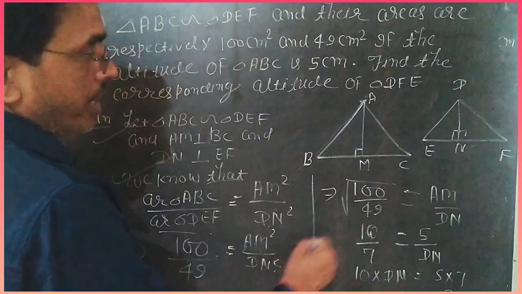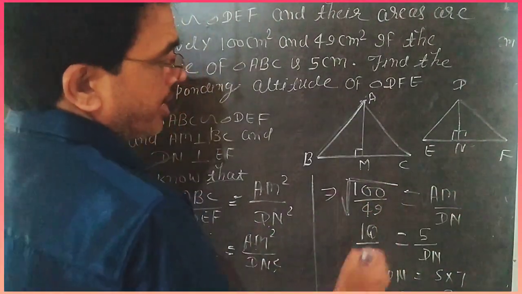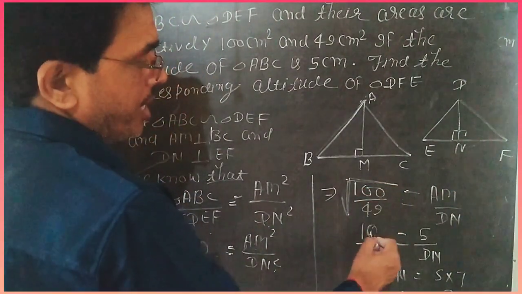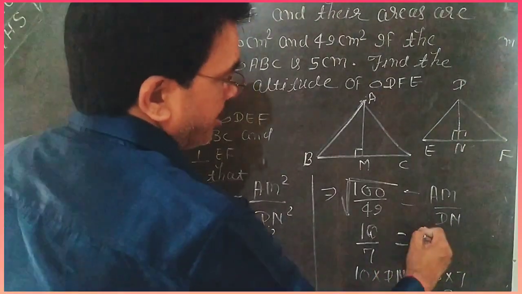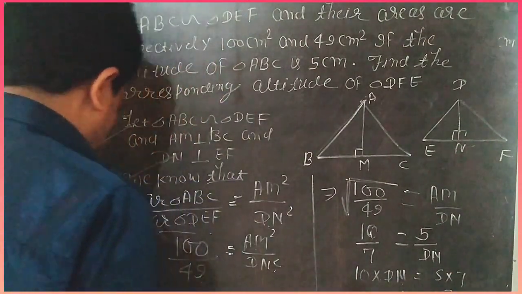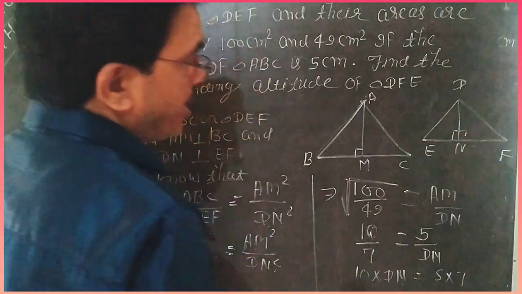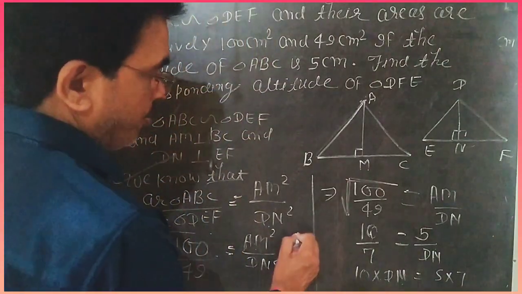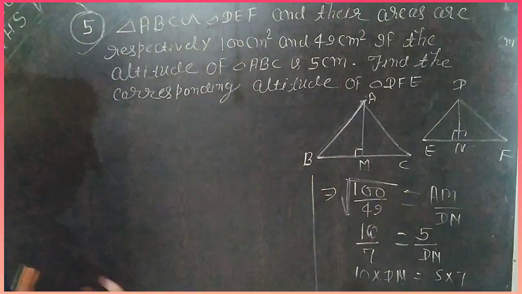Then taking the square root, the root of 100 by 49 is equal to AM by DN. That means 10 by 7 is equal to 5 by DN. Then 10 into DN is equal to 5 into 7. Then what is the value of DN? Then DN is equal to